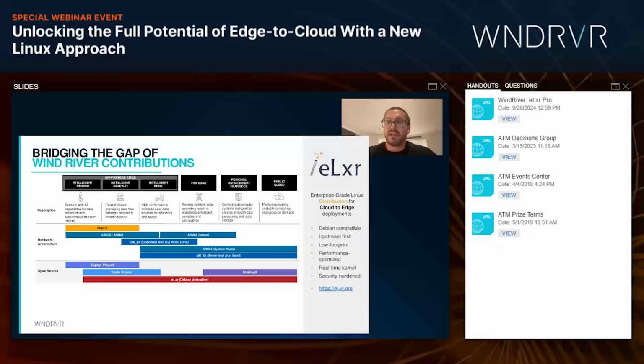And what you'll see with the eLxr project is that it really bridges that gap and runs all the way from intelligent sensors all the way back to the data center and public cloud.